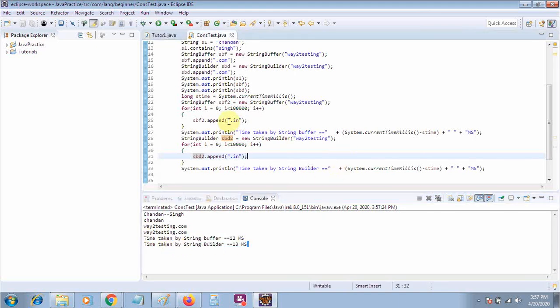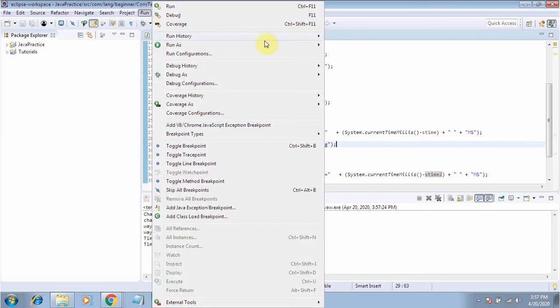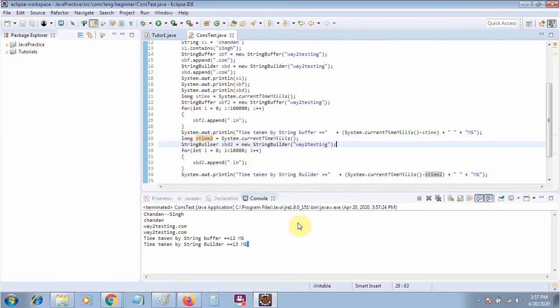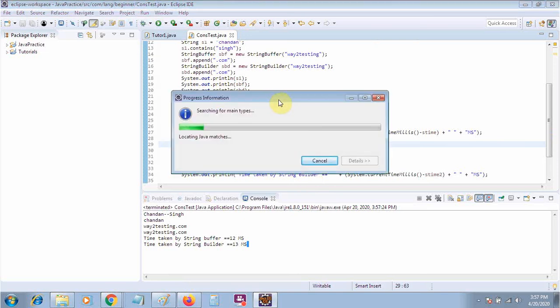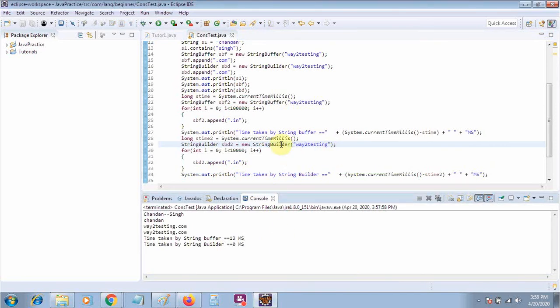Okay, let me also modify this a little bit. Now let me run this. Okay, now the proper output has appeared.